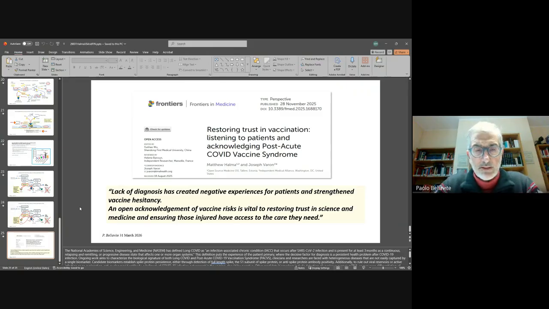Finally, I want to end by thanking Matt and Joseph, who had the expertise and courage to bring these problems to the attention of the medical and the scientific world. These unfortunate patients must be recognized and supported in their own best interests and in the best interests of medical science in general. Looking ahead, we can hope that the discovery of this important molecular mechanism of autoantibody type damage